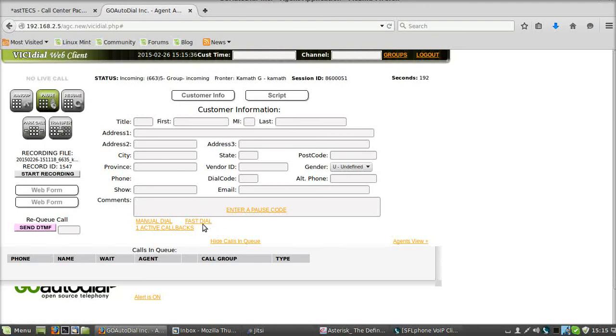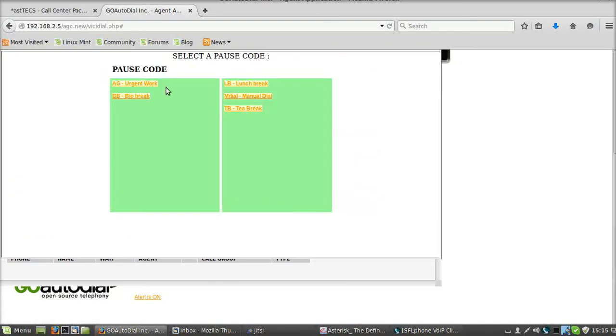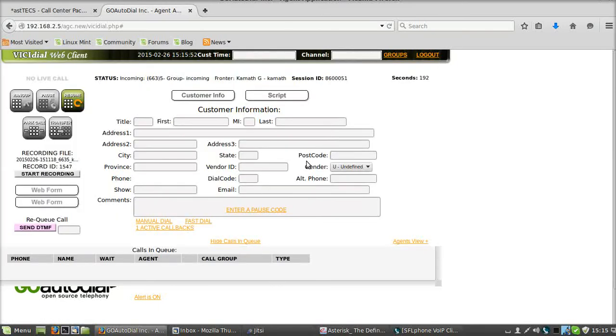That's great, isn't it? And we also have a pass code button here. If the agents are going for any break, they just have to click on the pass and select the appropriate passcode button. Say, for example, tea break, just click on that so that the time will be captured under the tea break